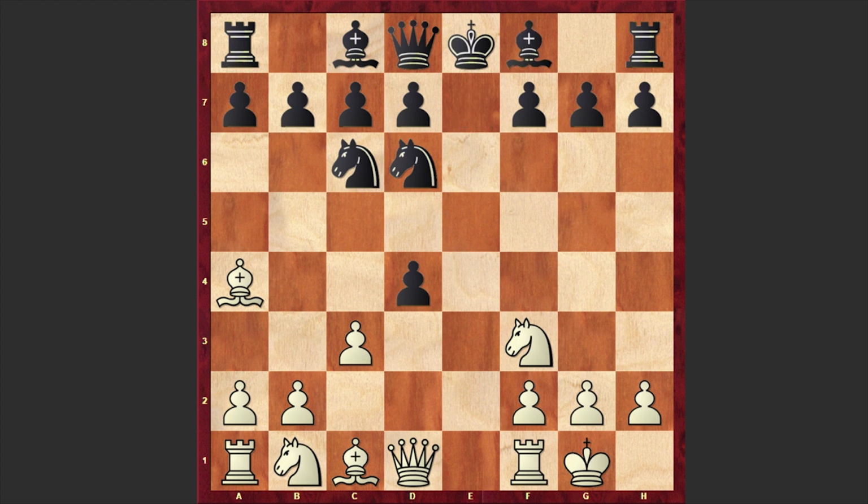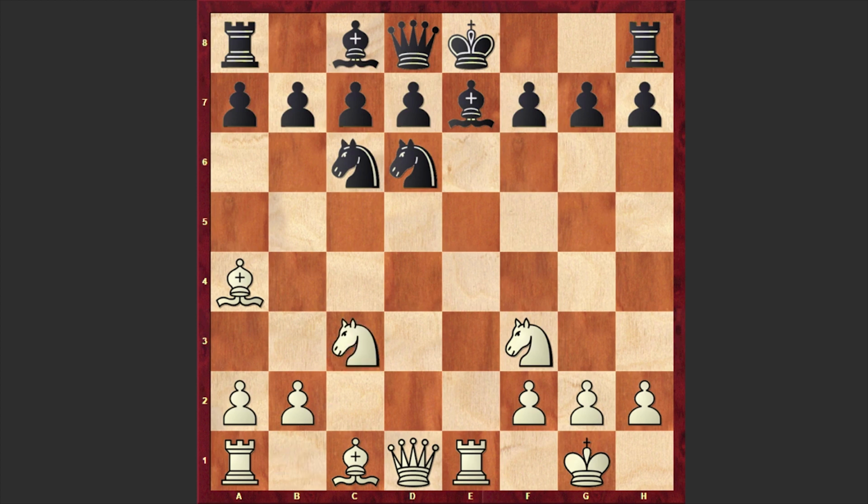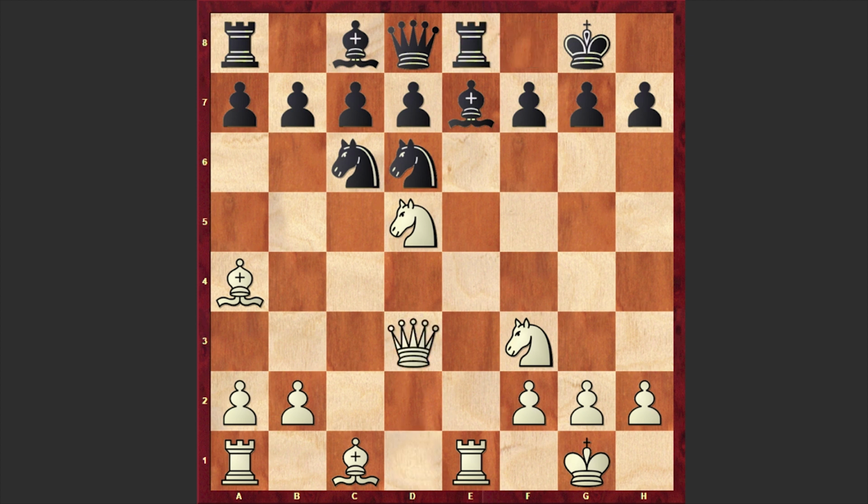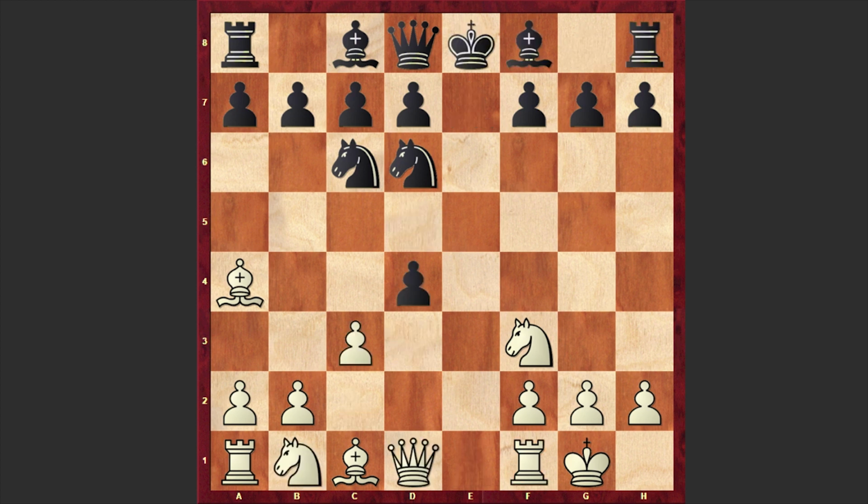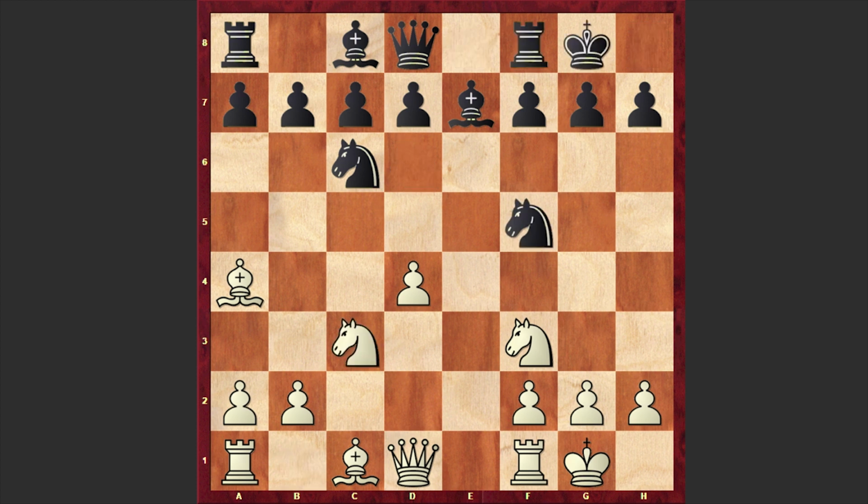Well, black could also capture on c3, though I have to tell you that this looks a bit risky because in this line, as a compensation for 2 pawns, white is gaining a ferocious attack. White actually has a very active position and is difficult to play with the black pieces. That's why after c3, black played bishop e7. Here we have c takes d4, black castles kingside, knight c3, and knight f5.